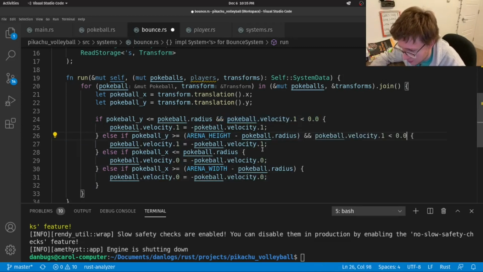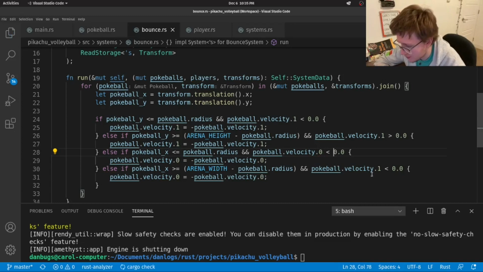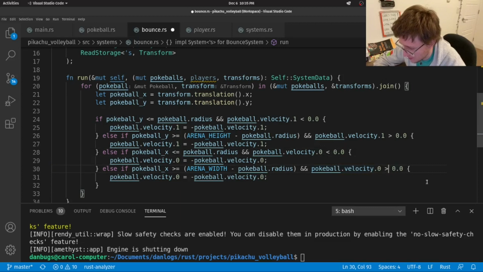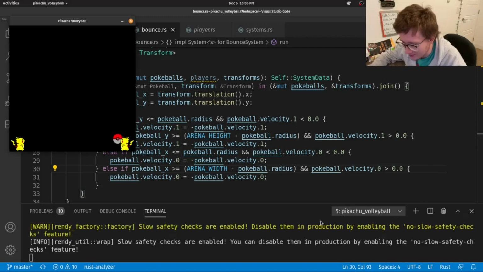Of course, we have to just change if it's X or Y, right? In here, this is height, so this is Y, but it's not less than 0, it's actually larger than 0. In this one, we are on the left wall, so we are looking at 0, and it has to be less than 0 because it's going to the left, so that's negative velocity. And in this one, also we're looking at 0, and it has to be larger than 0, so it hit the wall. Alright, now if we cargo run it, we don't get any errors, and I'll be right back.